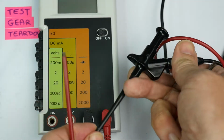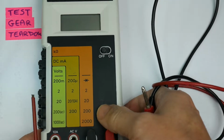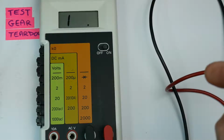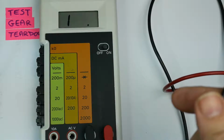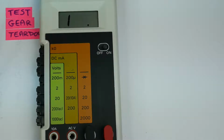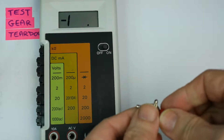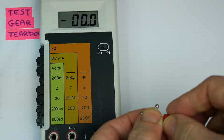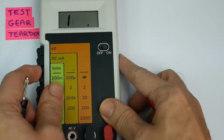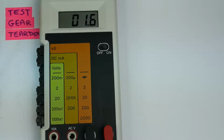There's the black one. Remove that, and let's have a quick look at the meter operating. If I just bring that down so you can see the display and switch on, it worked fine as a meter, as these things very often do, even though they're perhaps sold as spares or repairs or untested. This one worked absolutely fine. I've got it in ohms, so if I short that we should see it come down to 0. Yep, that's fine. Let's put it into volts and 200 millivolts,